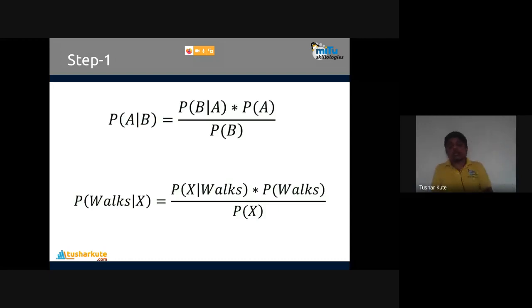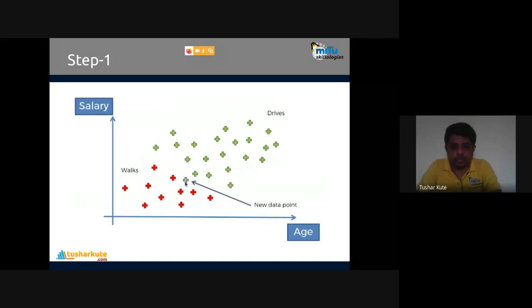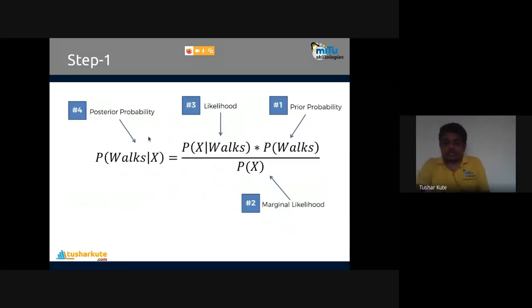I want to identify whether it is going to the walker category or the driver category. Walker category is possible, but what is the probability of it? Driver category is also possible, but what is the probability of it? Whichever has the higher probability, that is the result. So for example, a new data point is present here. That's how I want to do the predictions. That will go here. This is on the boundary, that's why it's very interesting to find this class. So putting it all together using the Bayesian probability theorem, first of all you have to find the prior probability of walkers. Then we'll go for the marginal likelihood, P of X, meaning similar observations out of all.